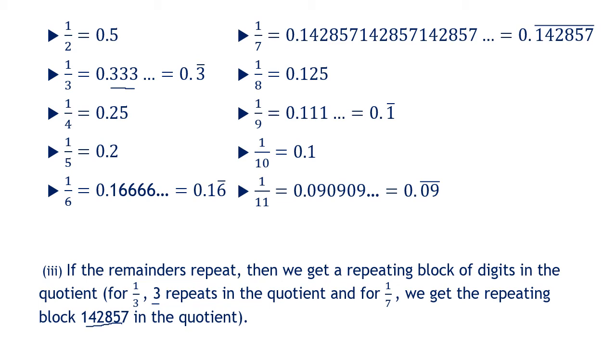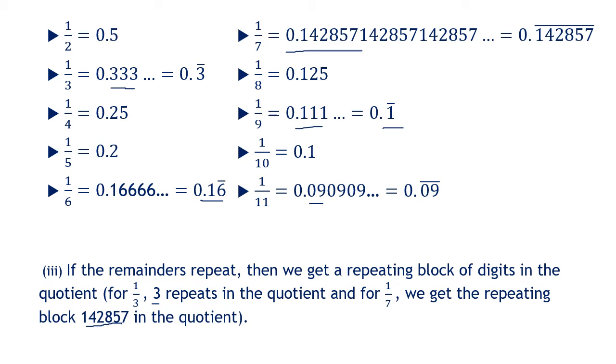Now here it is 0.1666. 1 is not repeating. So I write 0.1 and only the bar on the 6 to show that the 6 is repeating. In 1 upon 7, 6 digits are repeating. So I put the bar over 142857, meaning 142857, then again 142857, again 142857. In 1 upon 9, only one digit is repeating, so I put the bar over 1. In 1 upon 11, two digits are repeating, 0, 9. So I put the bar over 0, 9. So this is the way of showing.